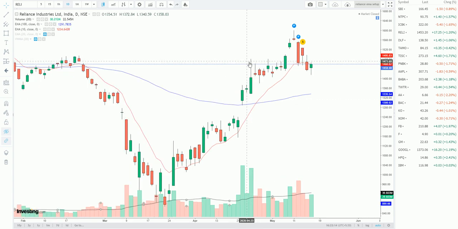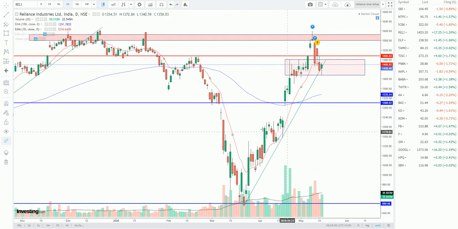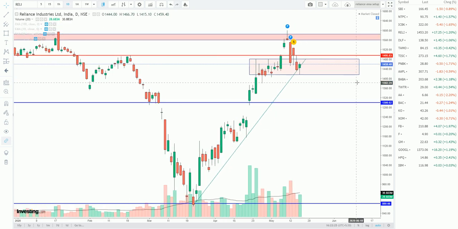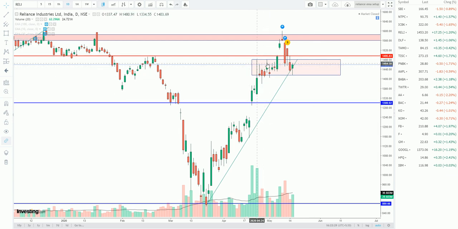You can see there is a consolidation here. I'll show you the price action setup. The stock is now trading in a box, see here. There was some selling here and then a buying, but this up move turned out to be a fake one, and you can see there is a lot of selling pressure here.